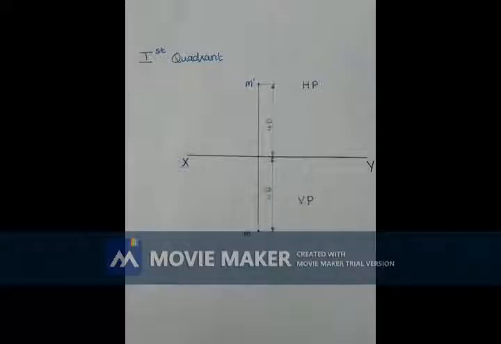So see this. The capital M represents the point. These projections, you want to represent in lowercase letters, right? So M and M dash. Always you want to represent the front view with a dash, M dash or A dash, B dash, whatever it is, right? If the point is M, M dash is your front view and lowercase m is your top view, right? Clear?